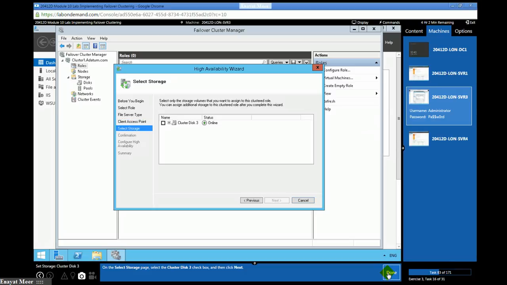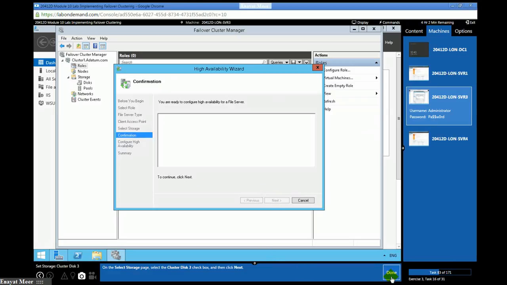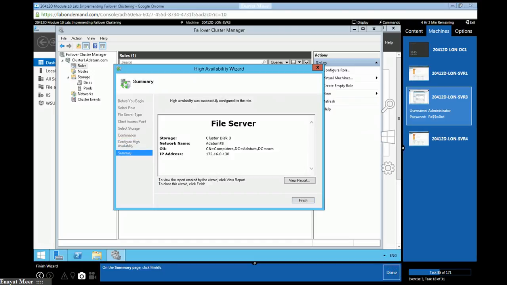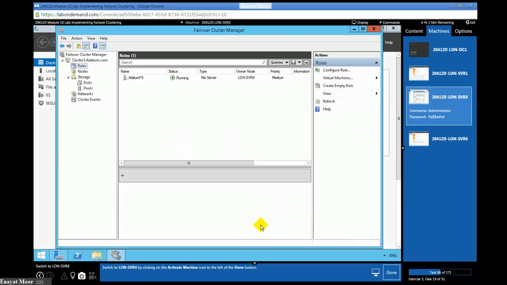We're going to choose cluster disk 3. The location has an OU. This OU is Computers under the adatum.com domain. It is showing you the OU name is Computers. That's a container in Active Directory.